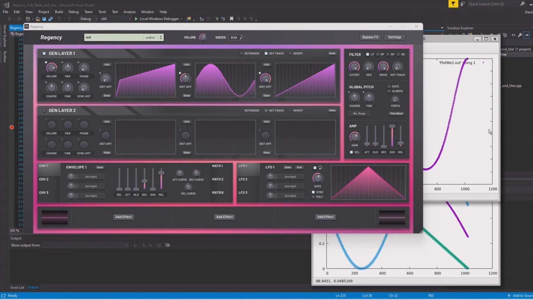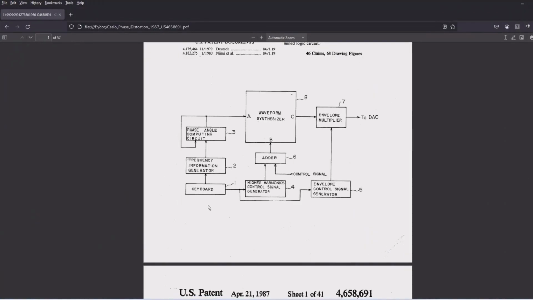The subject of this video is the Regency Synthesizer by nakst, N-A-K-S-T, N as in Nancy. In this video I'm going to confine my remarks to the generation layers, or the generator layers, in the Regency Synth. These three boxes, and then these two knobs, and the unseen input at this end, and the unseen sinusoidal oscillator at this end. The thing to do might be to start out with the Casio patent from 1987,